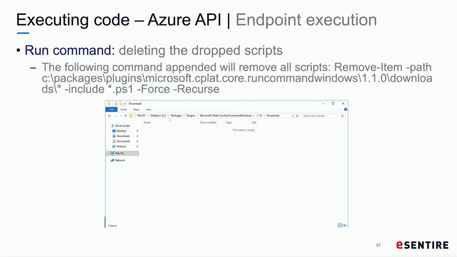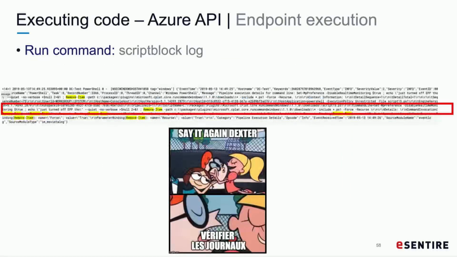But you can just append a delete on the back end, and then it deletes all the content, so you can't review it. So you're essentially blind when that script executes, because all the content that was stored, if you weren't logging at the time, is deleted. So there's nothing really to see here.